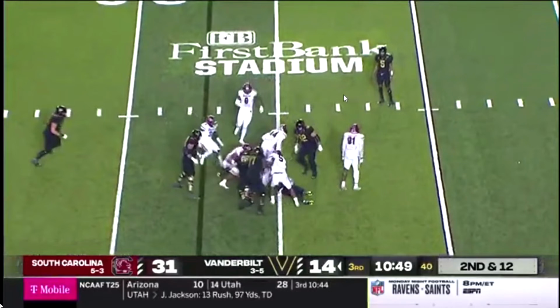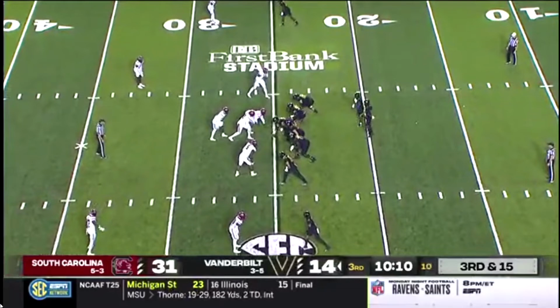But we're gonna need a spy. I keep telling this. I've been saying this for weeks and weeks on end. These read options are killing us because we never spy. So this play,